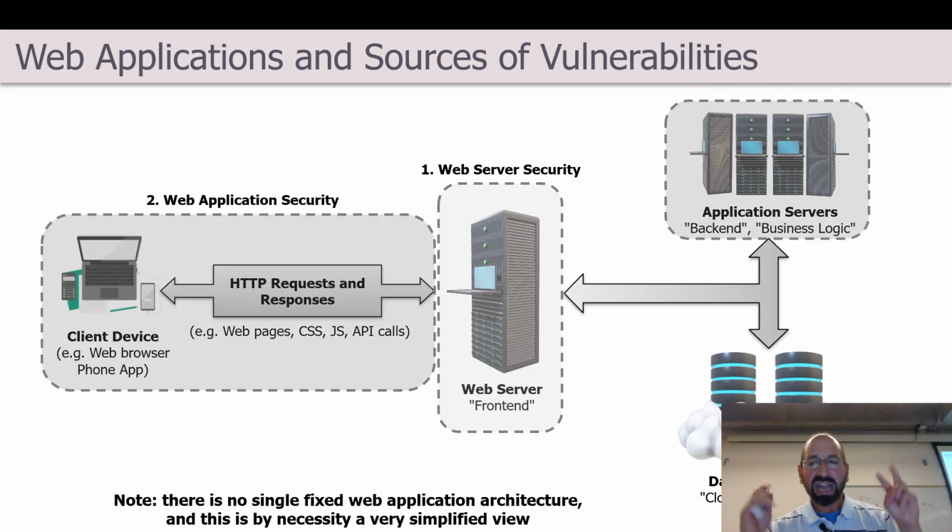There is then the actual quote-unquote application security itself. And I'm encapsulating a lot when I say that, but the nature of what is happening with regards to those requests and those responses tends to, in practice, have special cases of vulnerabilities associated with them. Again, you could argue that in our OSI model or a TCP/IP view of the world, this is all application layer traffic. It's all effectively HTTP style traffic. And so there isn't anything unique there. It's web traffic, and we've already studied issues that can happen at the application layer.